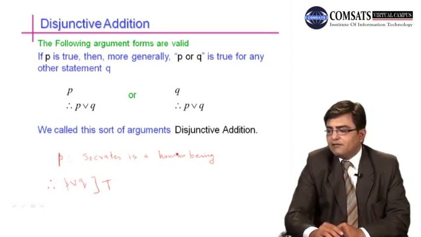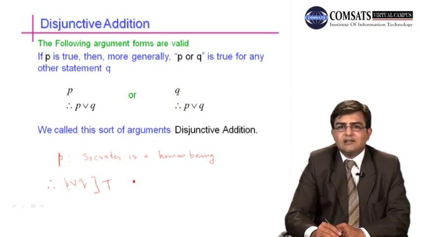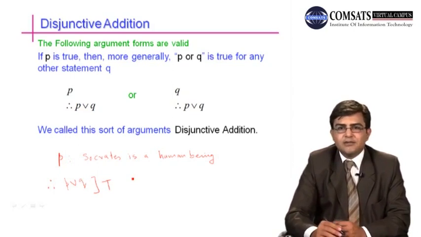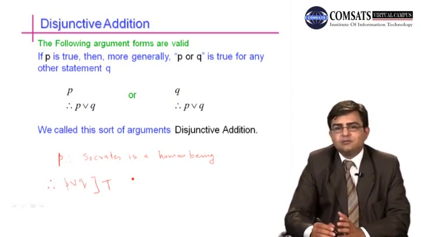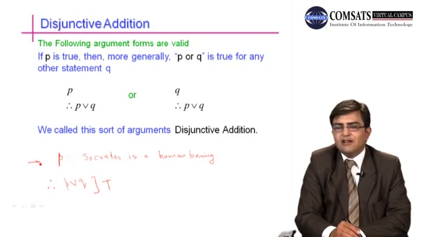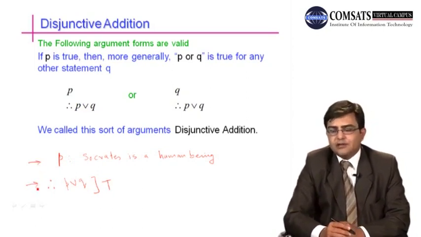We can say if Socrates is a human being, we can also say that Socrates is a human being and Socrates has 4 legs or 5 legs or 6 arms. Now the Q is false, even then P or Q is true. So such type of argument in which we have only one premise and we can draw the conclusion,